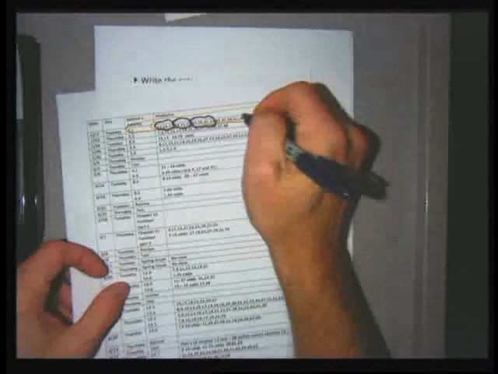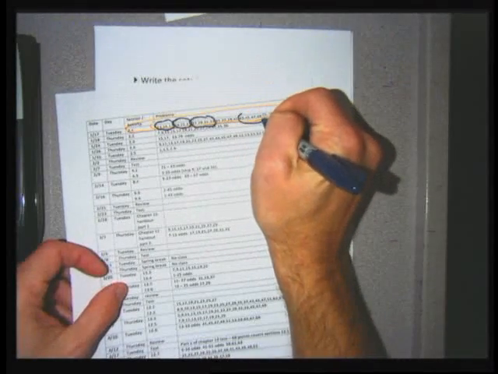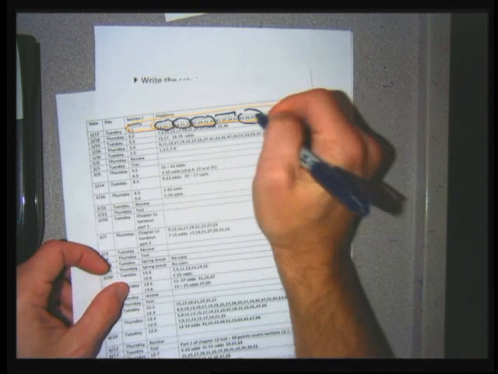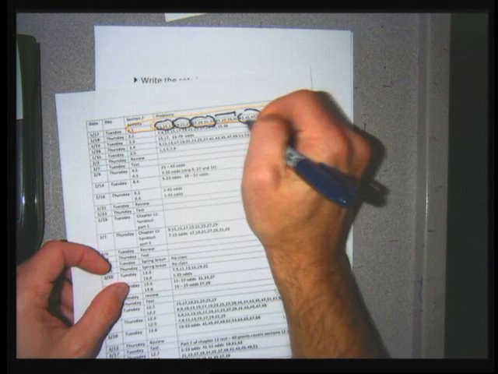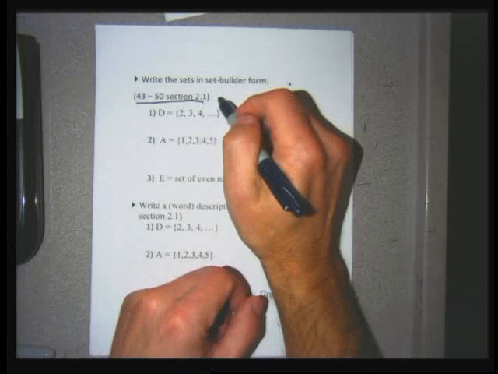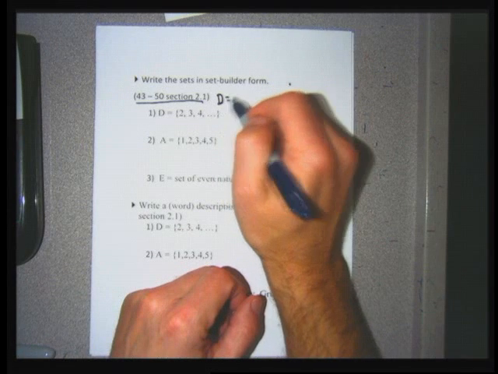Your homework problems that are going to come from these 43 through 50 are these problems, 43 through 49. I must do these in an opposite order. But after watching these problems, you should be able to do 43, 45, 47, and 49. They ask me to write a set in set builder notation. So when I do problem 1,